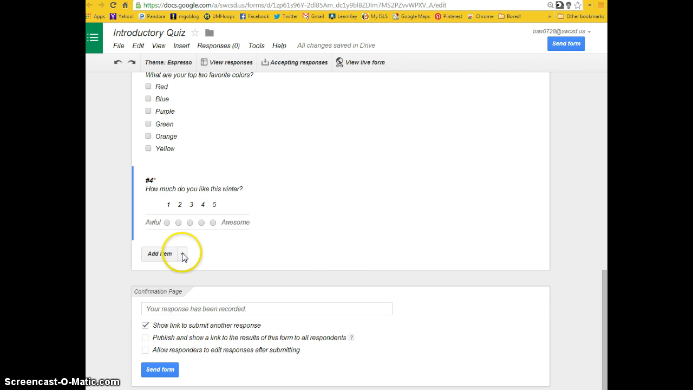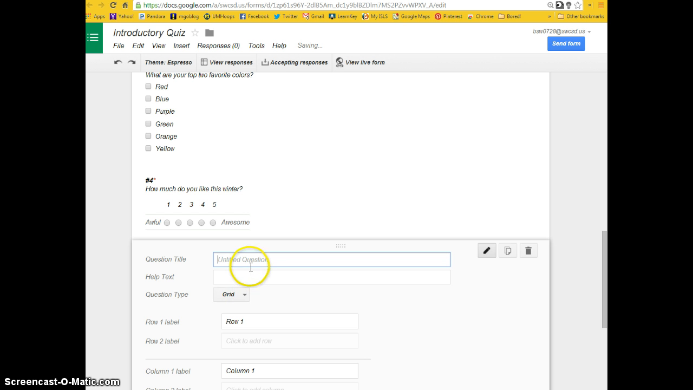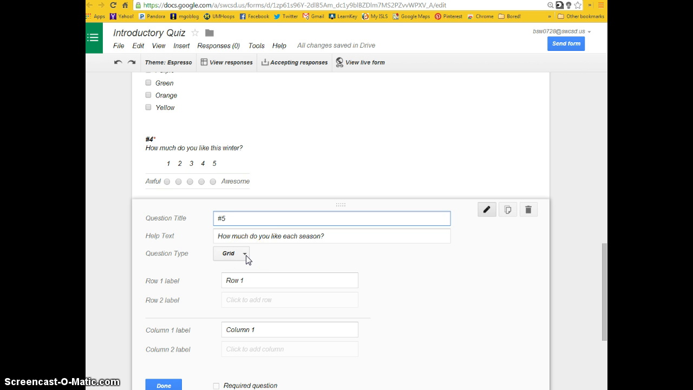And my last question is going to be a grid question. So in a grid, I'm going to say, how much do you like each season? This is kind of a way to do the scales, and you want to use the same scale for 5, 10, 15, whatever the case may be, different questions. You could use the grid like this. I'm going to say, how much do you like each season? My rows are going to be the seasons. So I'm going to have winter,